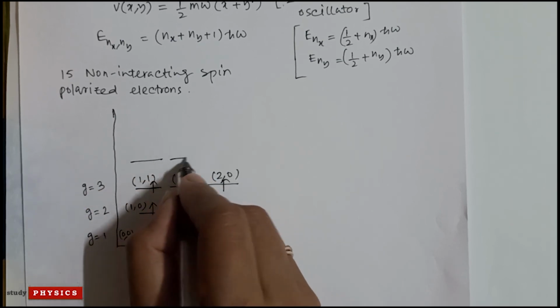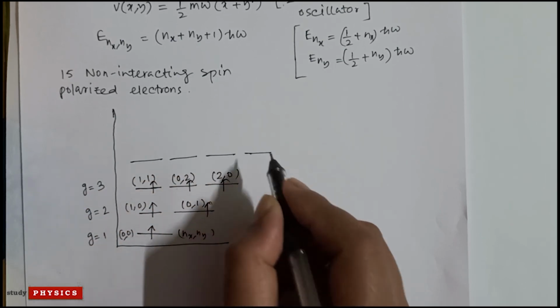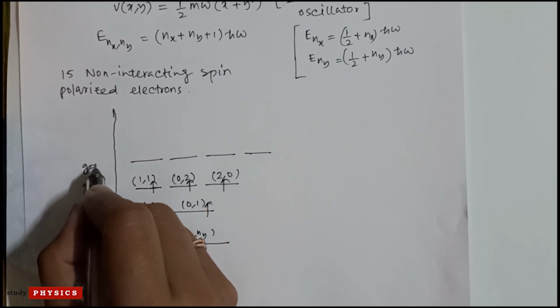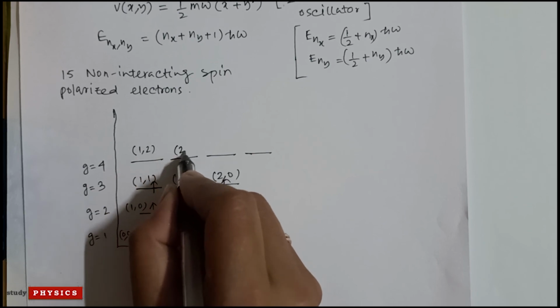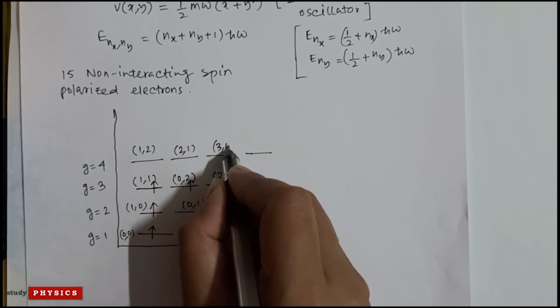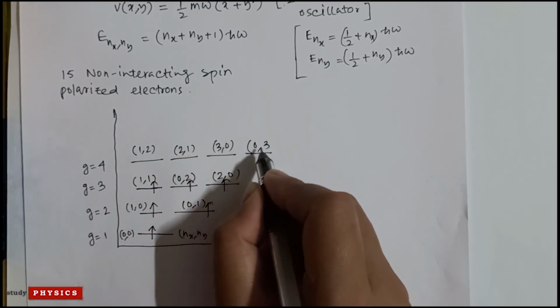In the fourth state, we can find that degeneracy is 4: 1 2, 2 1, 3 0 and 0 3,